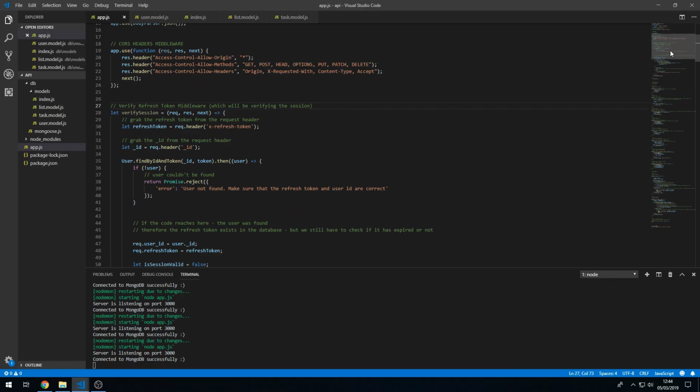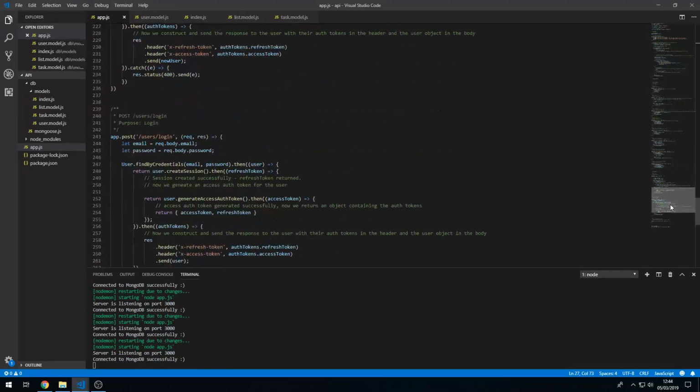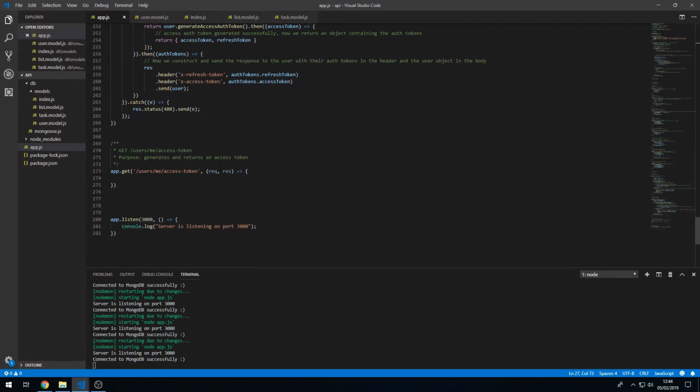And now we can use this within our route handlers by going to the route handler, and we can now put it here. Okay, so that will now apply that middleware to this route. So we know that the caller is authenticated, and we have the user ID available to us. Okay, so one more thing we want to do